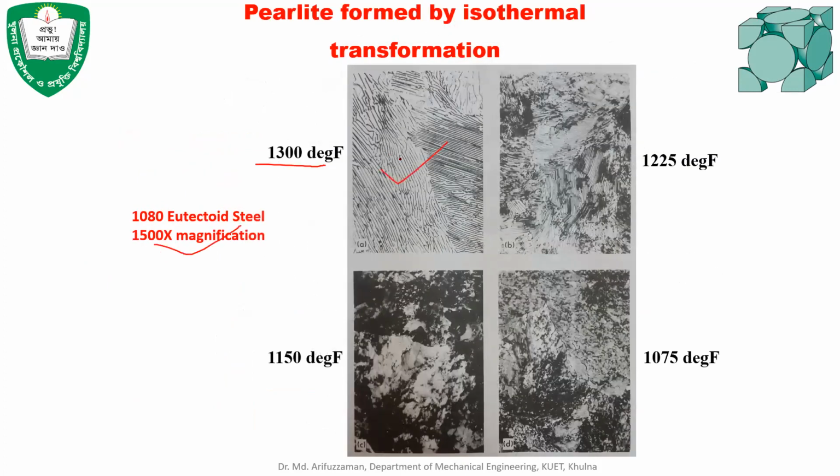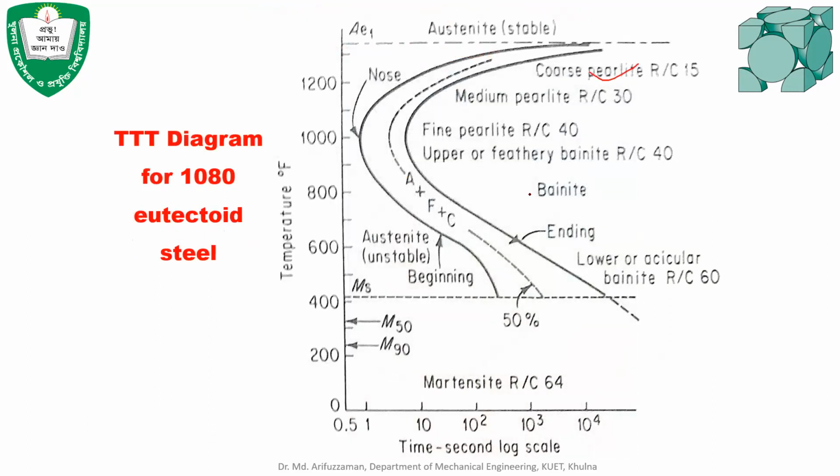That means very thick plates of alpha and beta iron will be produced at 1300 degrees Fahrenheit. And if you drop the temperature, you get a finer structure. That means the alpha and beta iron plates will be thinner, and the lower the temperature, the thinner they are,